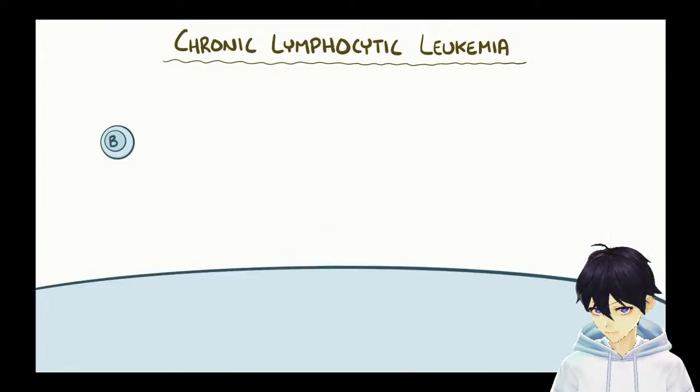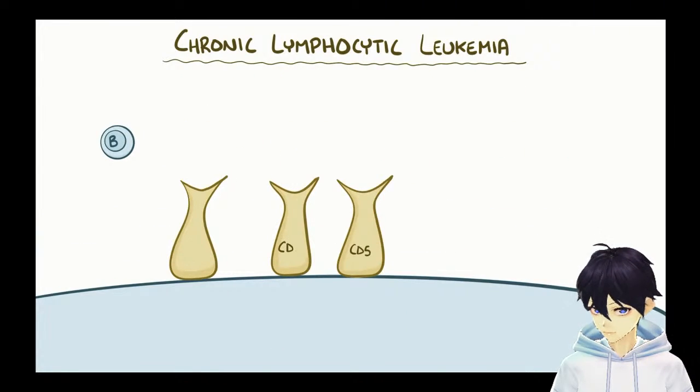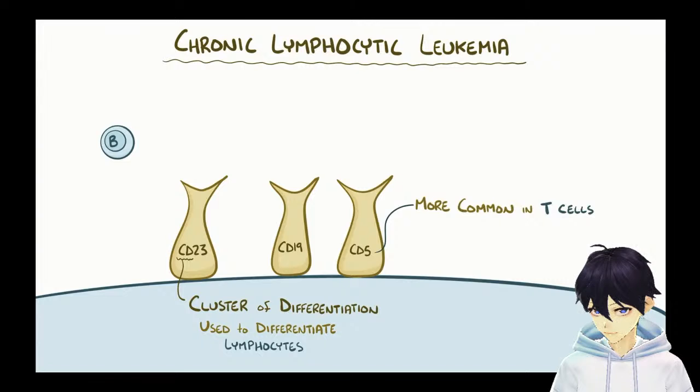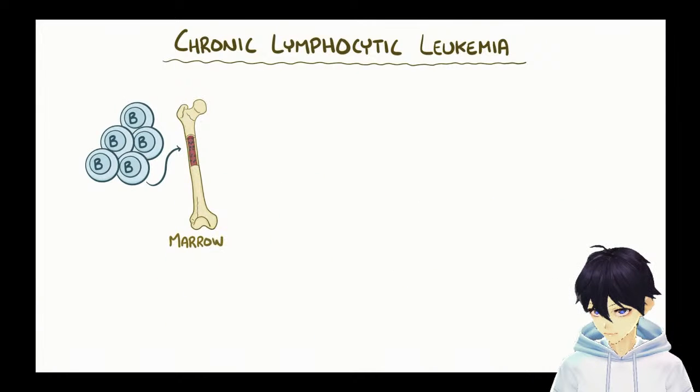These premature cells always express particular proteins on their surfaces, including CD5, CD19, and CD23. The CD part stands for cluster of differentiation, because these are common surface proteins which can be used to differentiate between the lymphocytes. And despite CLL cells being B lymphocytes, they express the CD5 protein, which is a lot more common in T lymphocytes. Anyway, these premature leukocytes build up in the bone marrow and eventually spill into the blood,